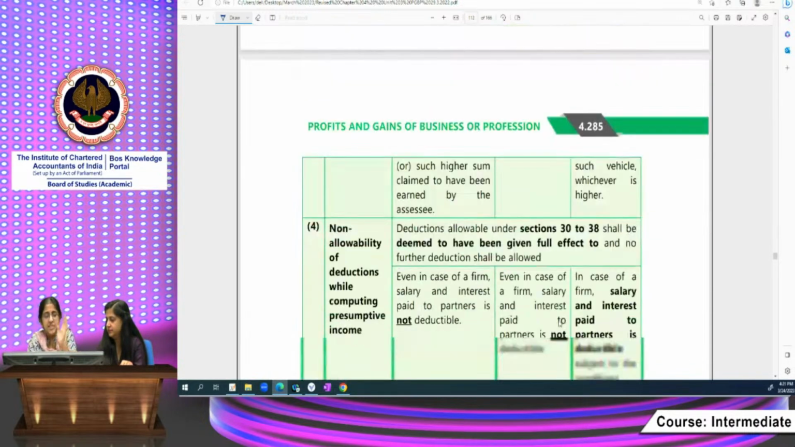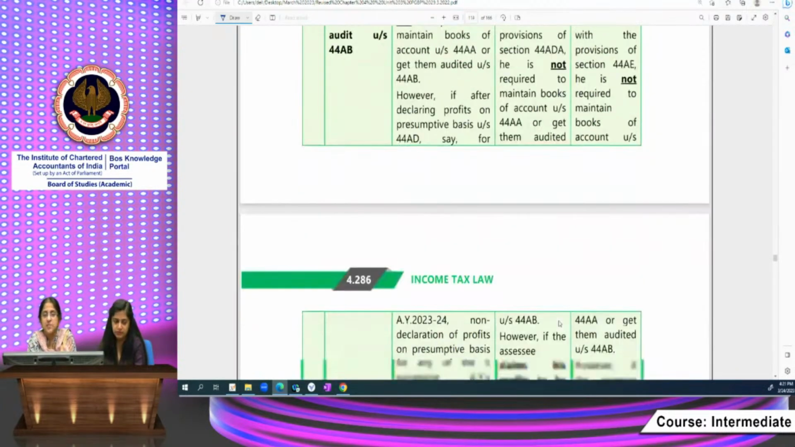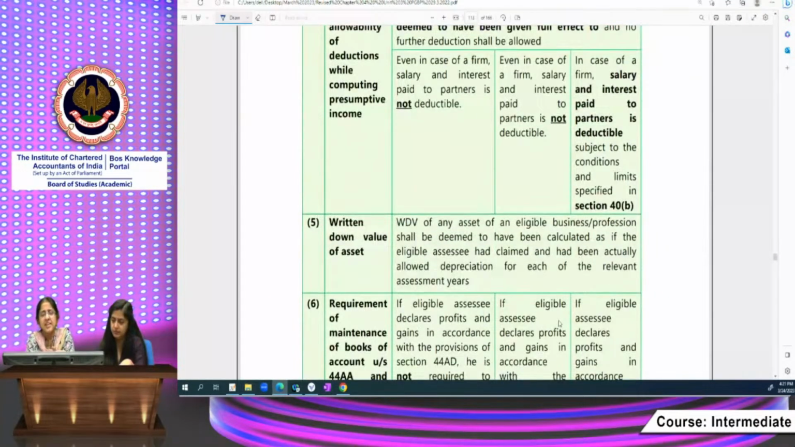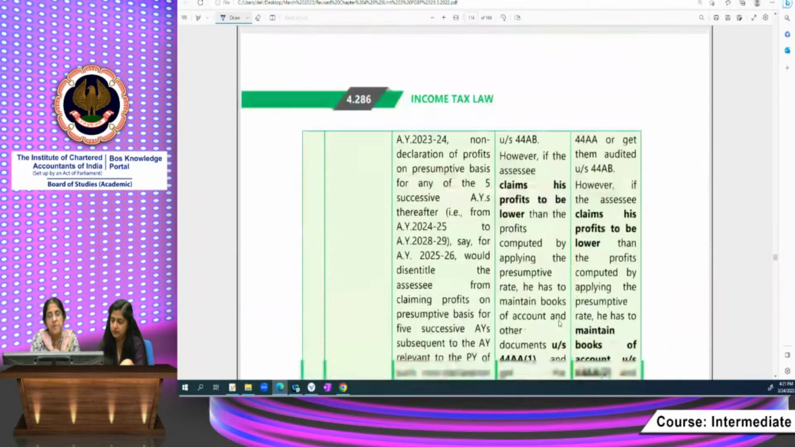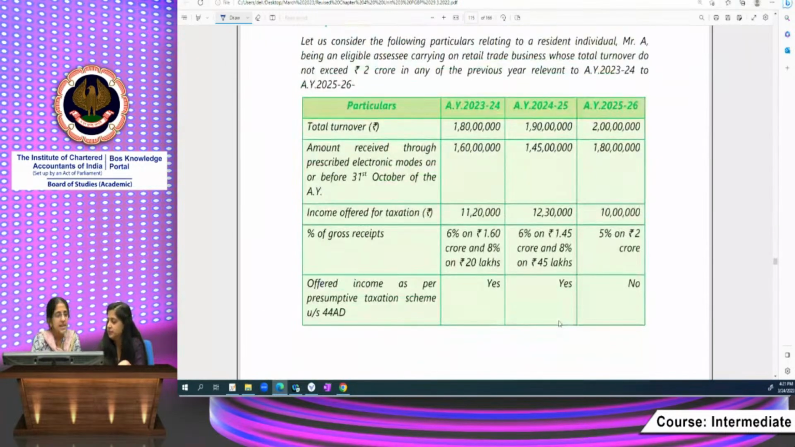The difference between these three sections is, suppose in case of a partnership firm, the difference arises where salary and interest paid to partners is deductible in the 44AE case, but it's not deductible in the other two cases. That is in case of a partnership firm. And then when you pay advance tax, these two assessees, 44AD and ADA, they can pay by 15th March of the year, whereas here they have to pay in 4 installments. So this is regarding